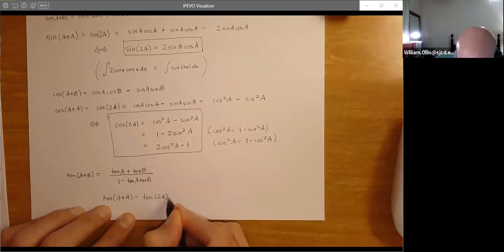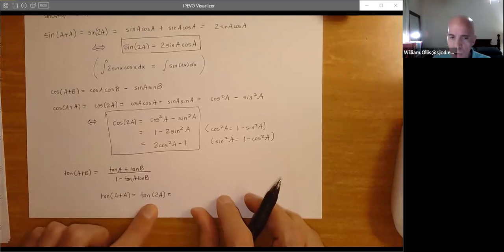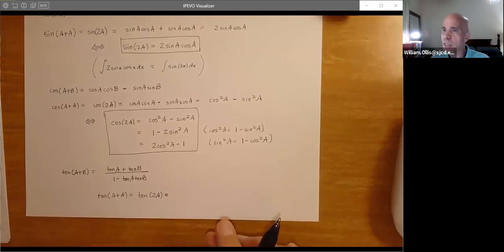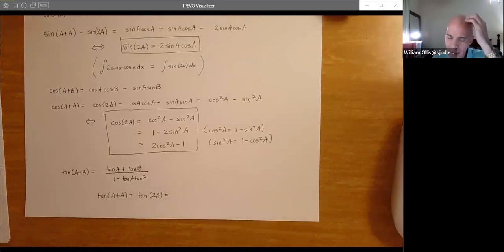Now, the thing is, the tangent's not a bad dude. This is okay. We just don't use it as much. The calculus is not as useful here. When you learn the calculus, with sine and cosine, you're going to see why some of these trig identities are so useful. The tangent doesn't have as nice a calculus as sine and cosine. It's much more complicated. It's not that we don't want to use this much, we just don't get as many opportunities.